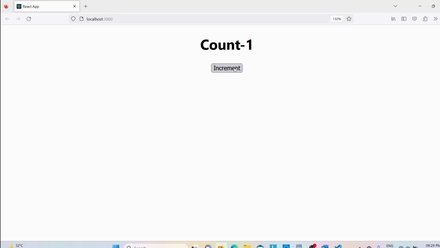The count value is incremented by 1 only, but what we want is for the count value to be incremented by 5. Let me again click on the increment button. Again the count value is incremented by 1 and we got 2. Let me click again. We got the value 3. But what we are expecting is that every time the count value should be incremented by 5, but it is not happening